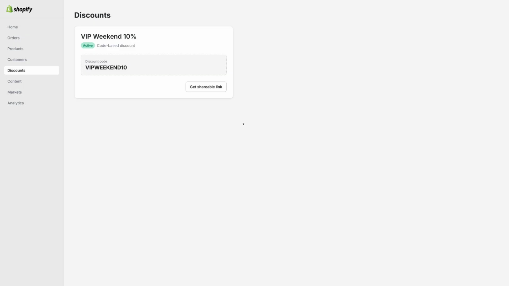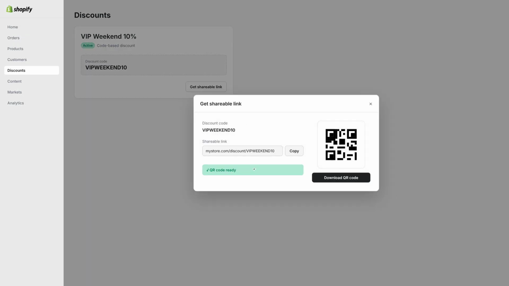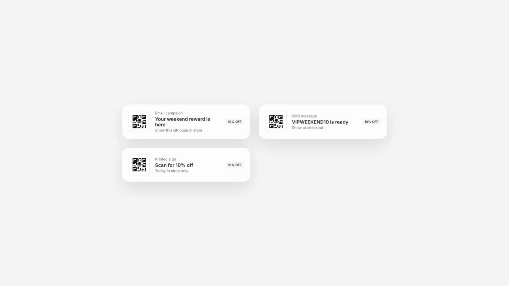Just open your discount, click to get a shareable link, and download the custom QR code that's instantly generated for you. You can share this QR code with your customers everywhere, in email campaigns, text messages, printed in-store signage, or